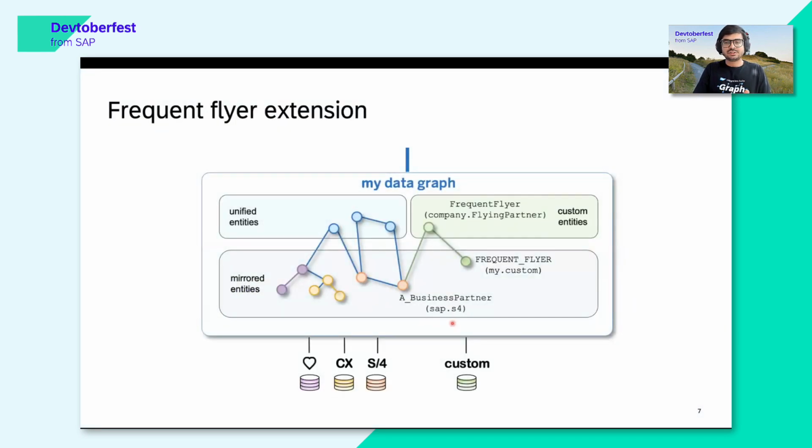Here you have business partner. The business partner information is stored in an S4 system, and the frequent flyer information, which contains the frequent flyer points, is stored in a custom data source. This is called my.custom. And we will now create a new custom entity called company.flying-partner, which will contain data from both of these